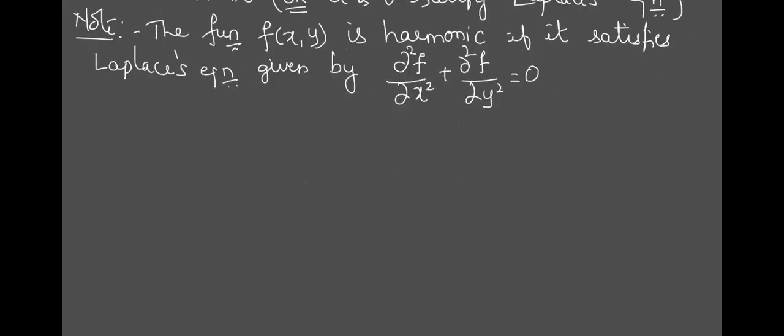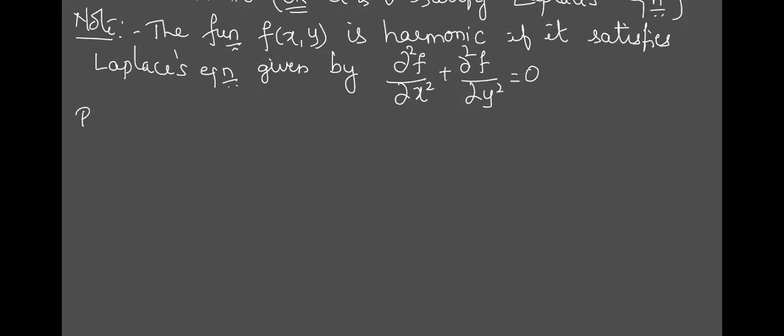Hope you understood now. See how it is to be taken up. If I want to show that f is harmonic, I have to differentiate f with respect to x and y. How many times? Second order, two times. So you should differentiate with respect to x and y separately two times and add it. If you get the value as 0, this is called the Laplace equation. And if any function f, the dependent variable, satisfies this, it is called harmonic.